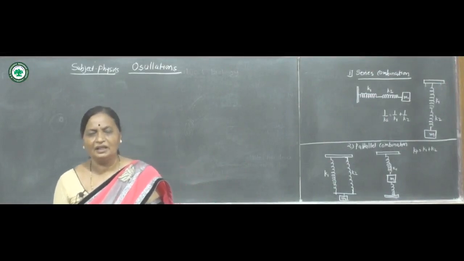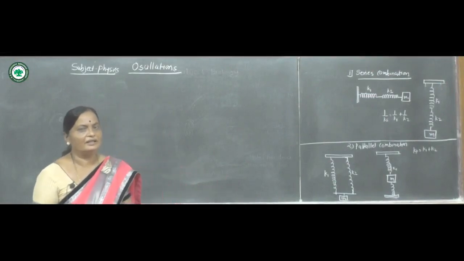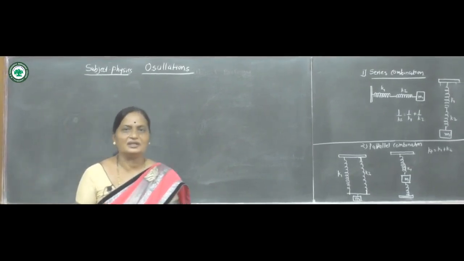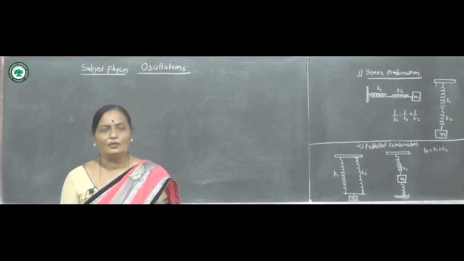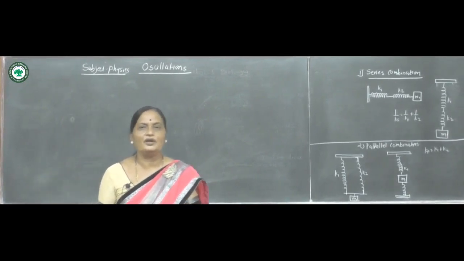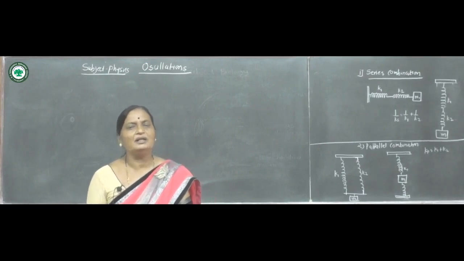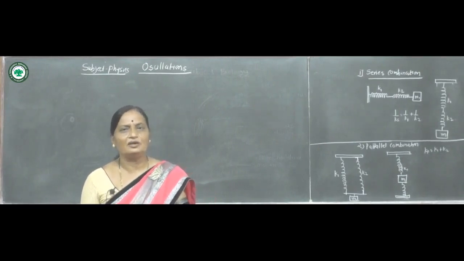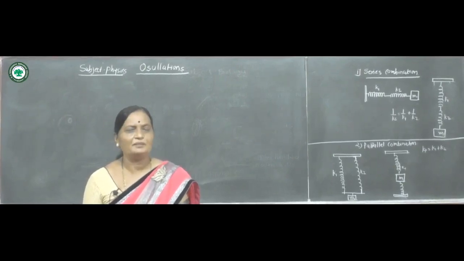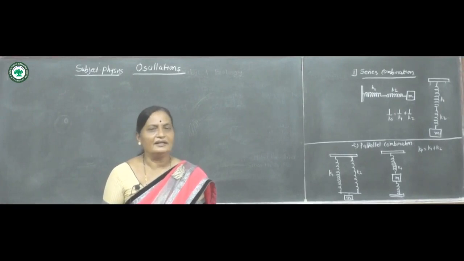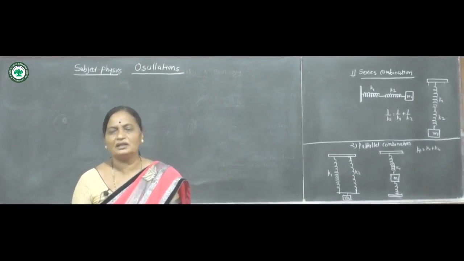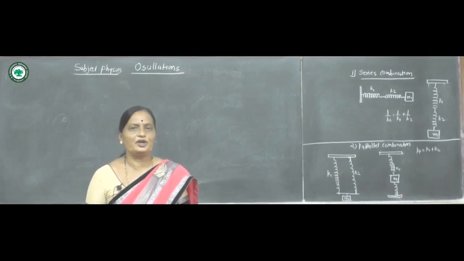Today we study oscillations, and in the previous lecture we saw some definitions, introduction and expressions. Now we take some revision here. Now see what is periodic motion. Any motion that repeats after an equal interval of time is called periodic motion. For example, the Earth revolves around the sun, and the moon revolves around the earth. These are examples of periodic motion.